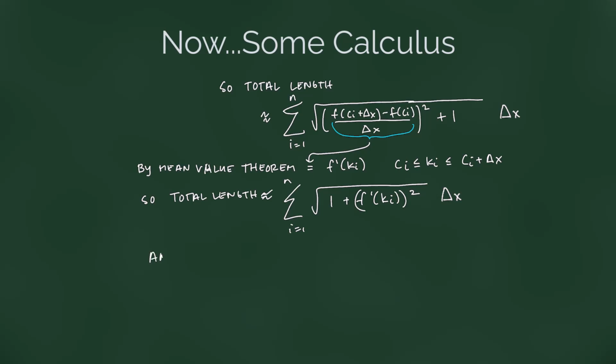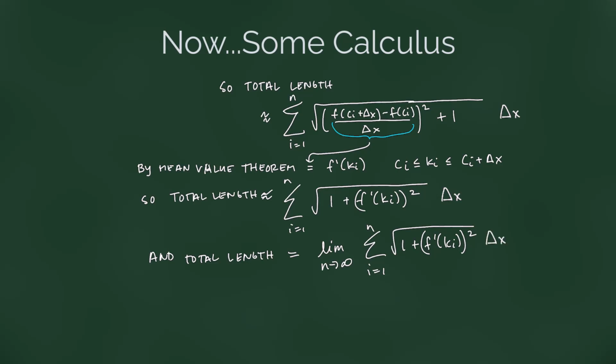We know that as we let n go to infinity, this type of sum turns into an integral, and so we see that our total length is going to be the limit as n goes to infinity of this sum from i equals 1 to n of the square root of 1 plus f prime of k sub i all squared, and that is going to be equal to the